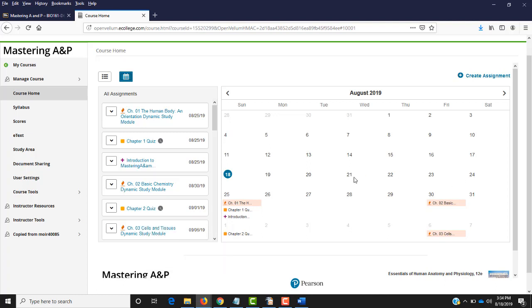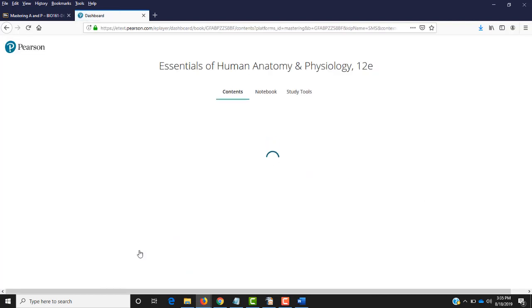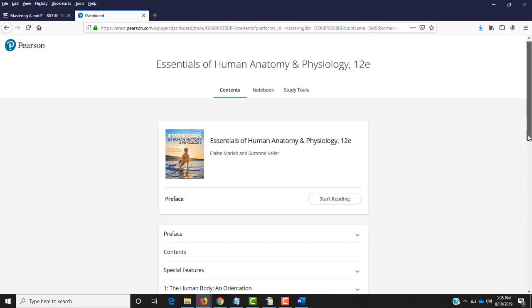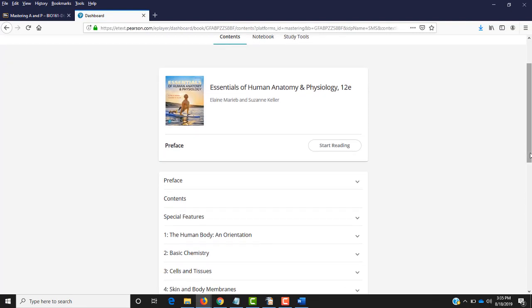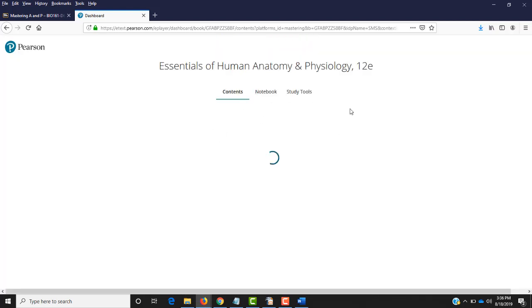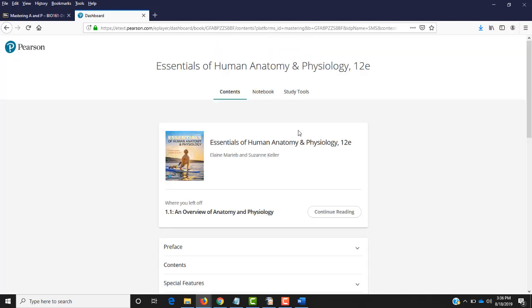And as you look at this in a calendar format, it's all color coordinated. So all study modules have this light purple background here, and all quizzes have a school bus colored square next to it. If you choose to use the EText, the electronic textbook, again, identical to the physical copy of the book that you may buy, and this has a breakdown of all the different sections. But again, if you use this and not a physical hardcover book, you'll still need to buy the access code